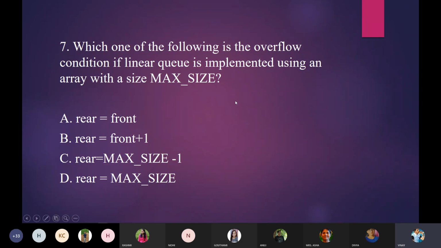The answer is C, that is rear equals to max size -1, as the size of the array is max size. So we can insert the elements till max size -1. If we try to insert elements of size max size or more than max size in a queue, then it leads to the overflow condition.